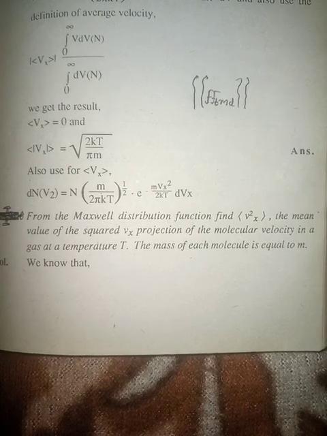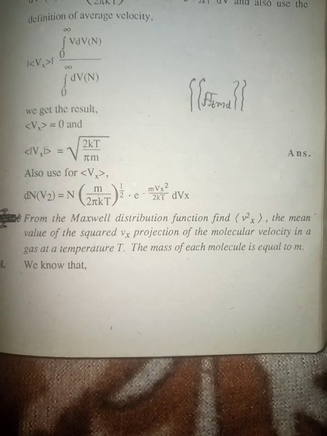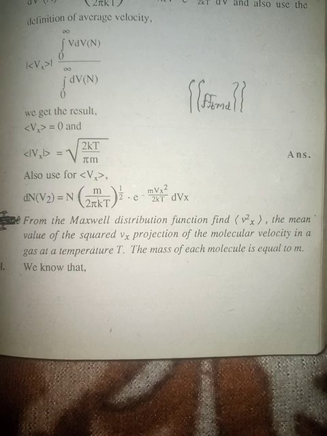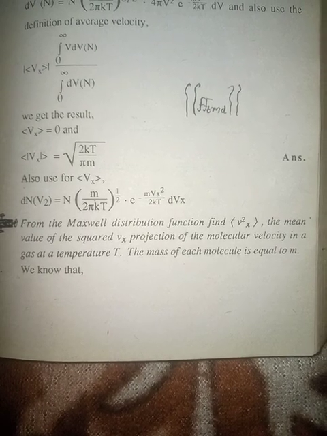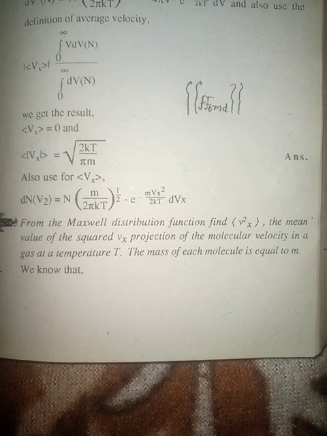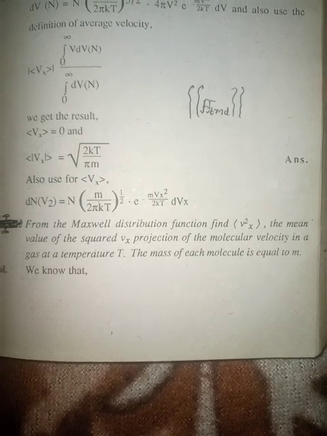From the Maxwellian distribution function, find the average of Vx², the mean value of the squared Vx projection of the molecular velocity in a gas at temperature T. The mass of each molecule is equal to m. We know